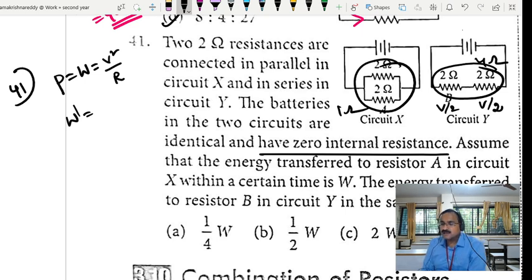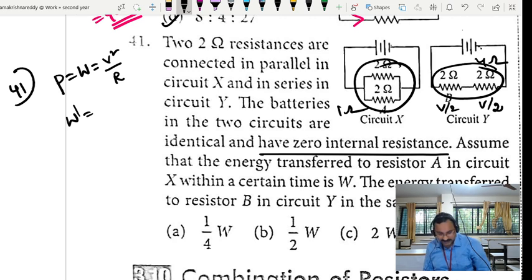Normally the potential difference will be different across each one, but anyhow this is connected to the same battery only. That is the meaning here, and we have to mention it. There are two things they have given. So now P is equal to V square divided by the effective resistance we calculated. What is the effective resistance when two are connected in parallel? Remember, parallel means R1 R2 divided by R1 plus R2. That is what we wrote in the first case.